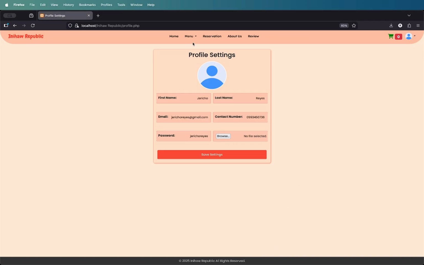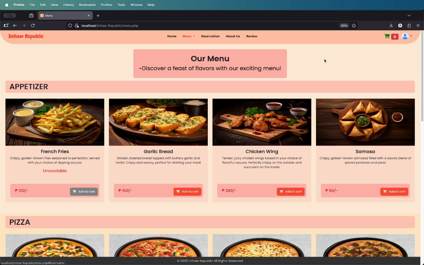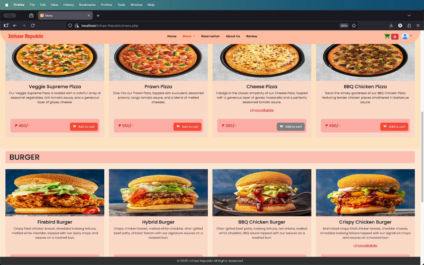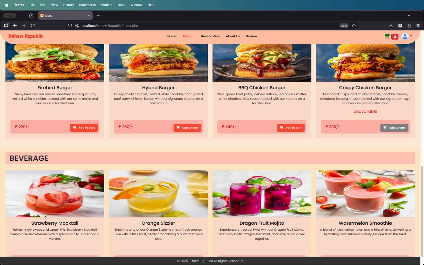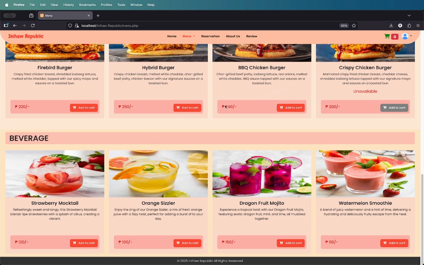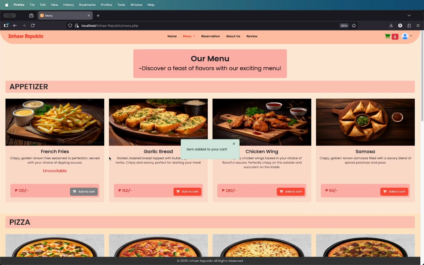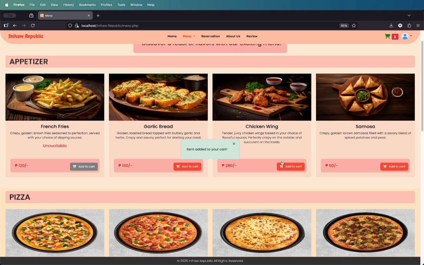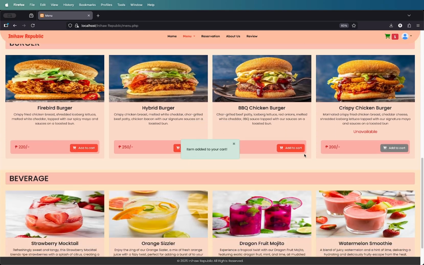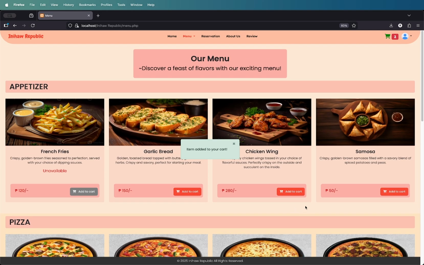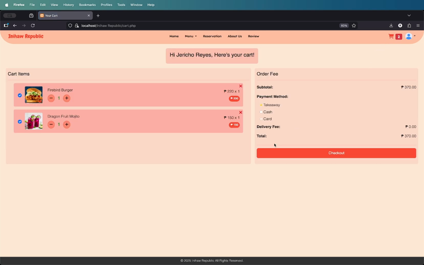Okay, so here is our dynamic menu. All of these items, names, images, and prices in pesos are fetched directly from the menu item database table. Let's then add a Firebird burger and a Dragon Mojito to my cart. This action triggers an AJAX request to the action.php, instantly updating the cart counter without even reloading the page